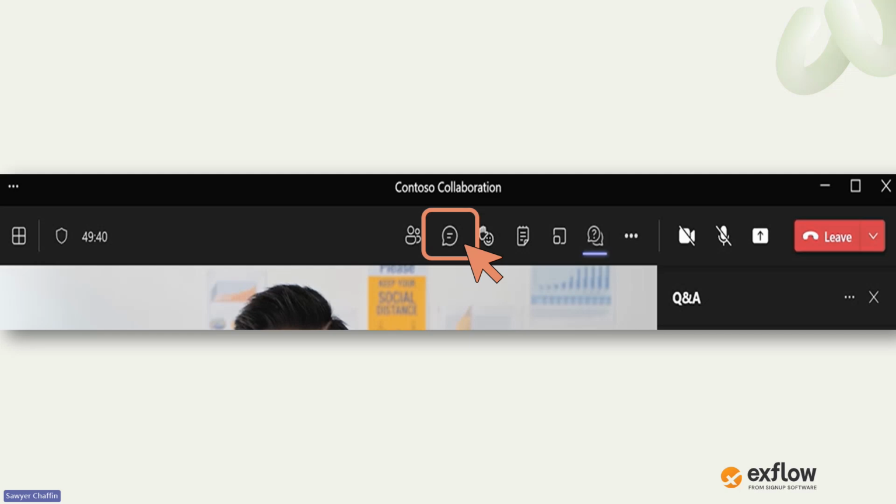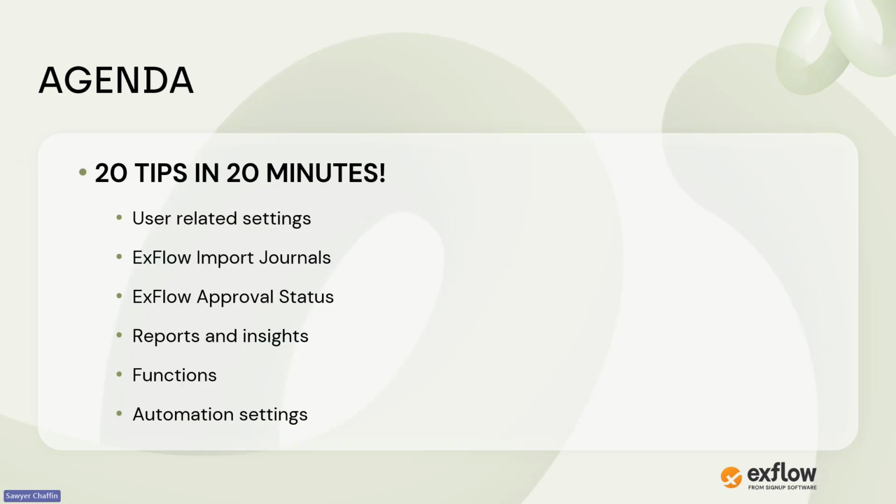All right. Getting right into it for today with our agenda. Again, 20 tips in 20 minutes. We're going to cover the following topics that you see on your screen: user-related settings, some tips in the import journals, the approval status page, some really cool reports and insights, some other key functionality, and also some automation settings. We will be sending a follow-up email after the session with helpful links and resources related to today's topics as well. So getting into our first tip,